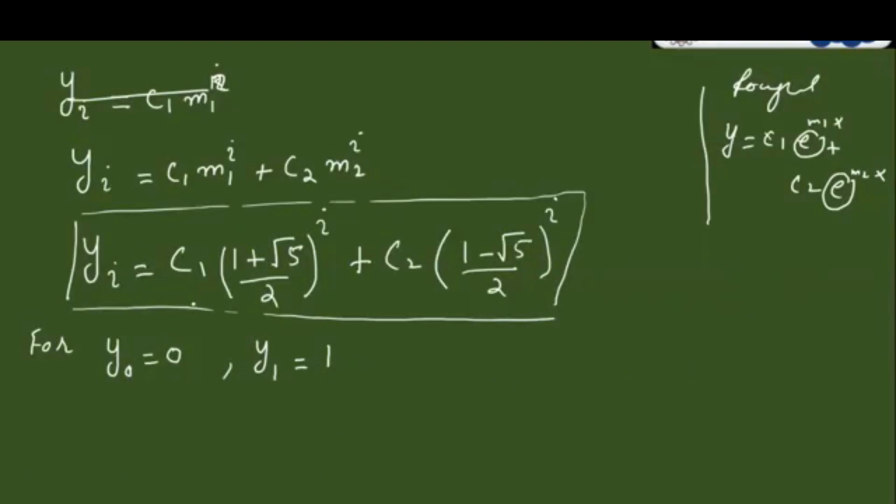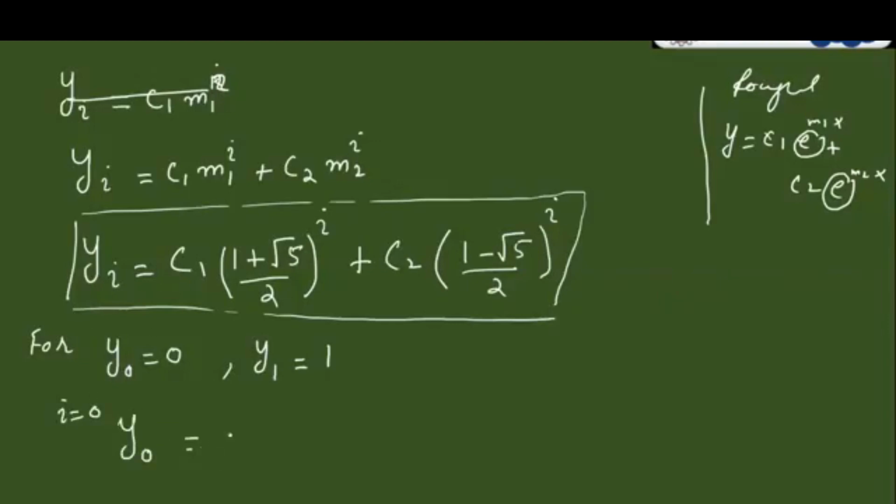We have to impose this condition just like we used to do with differential equations, but the working is slightly different. Student, if you know, this is yi, and here I have y naught, which means that i in this case will take the value 0. So wherever i is there, I will put 0 in order to impose this condition. So if I replace i with 0 in the above formula that we just obtained,